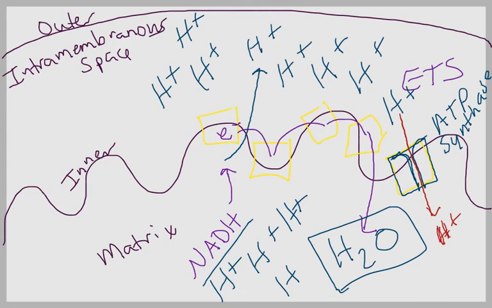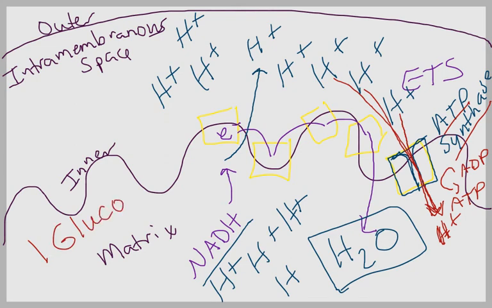And as they do that, they are going to activate this enzyme, ATP synthase. The energy that's used from this ATP synthase will allow an ADP molecule to gain a phosphate group to become phosphorylated into ATP. Now, without getting into all of the numbers here, we can say that from one glucose molecule,